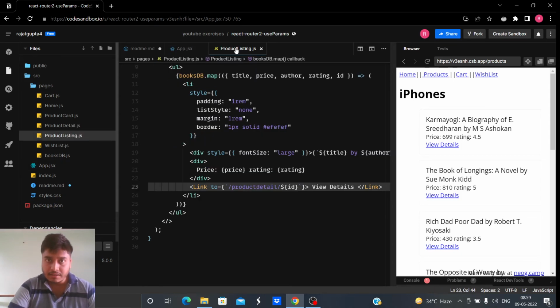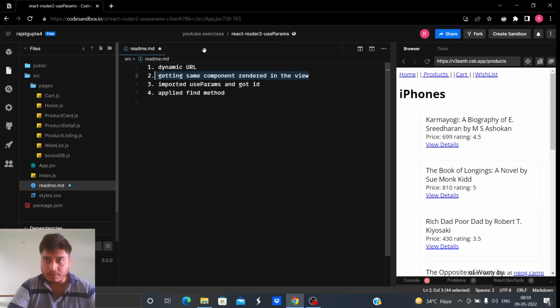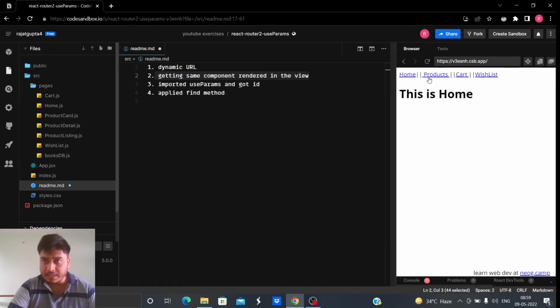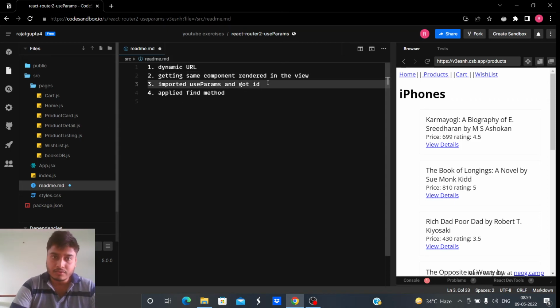But here there is another problem. What is the problem? I am getting the same component rendered. This is the product detail. Now I have to make this component dynamic, and get the id.